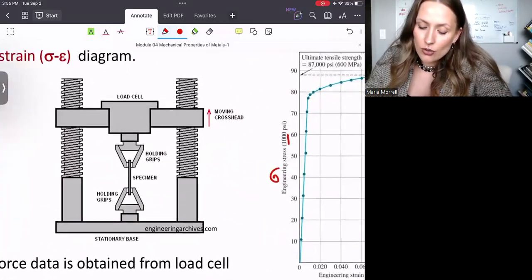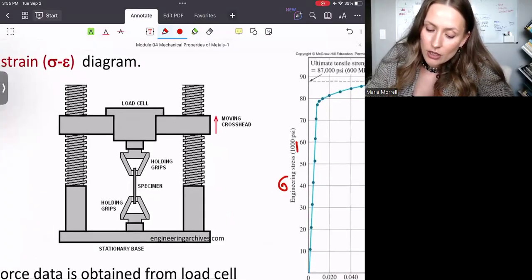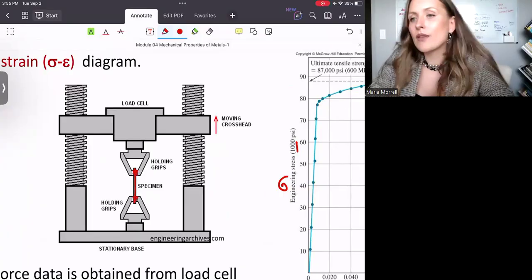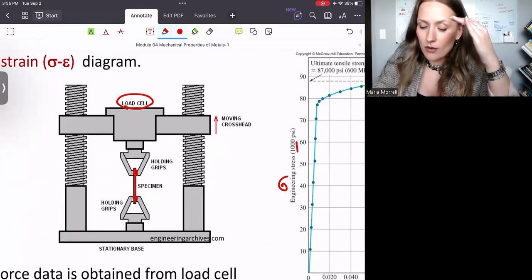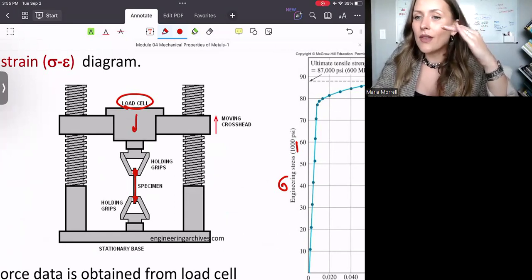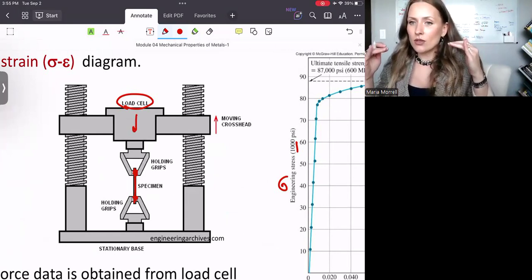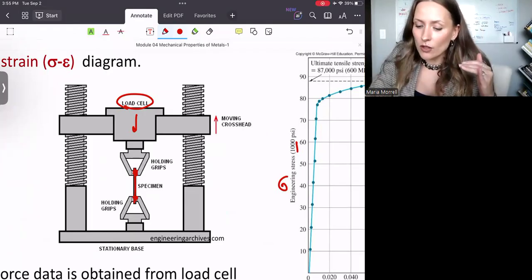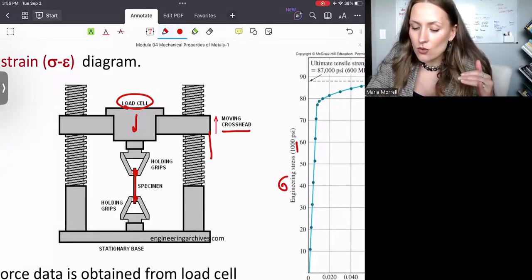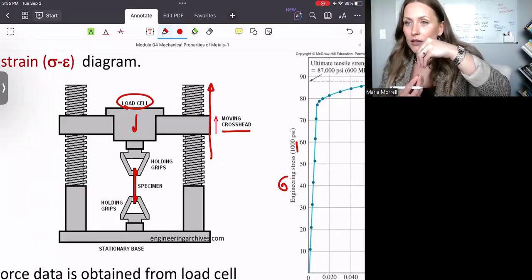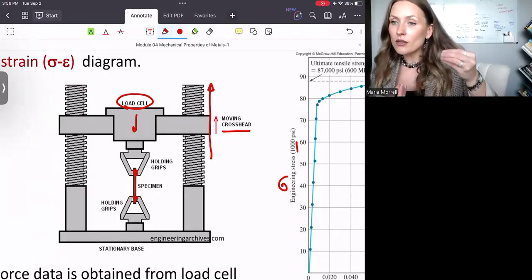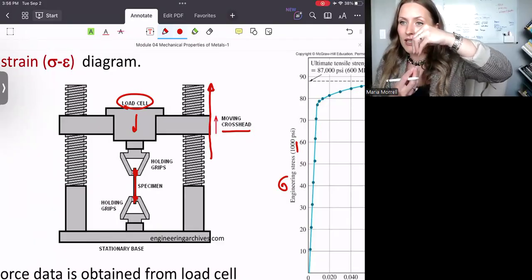So how do you usually do it? Well, we usually load our specimen. This is your specimen right here, and we fix it with holding grips. And then we have a load cell right above, right? This is going to be a load cell. And then what we are capable of doing is that we have a moving crosshead that allows us to load the material, right? Meaning that you can actually apply the force, the normal engineering stress,